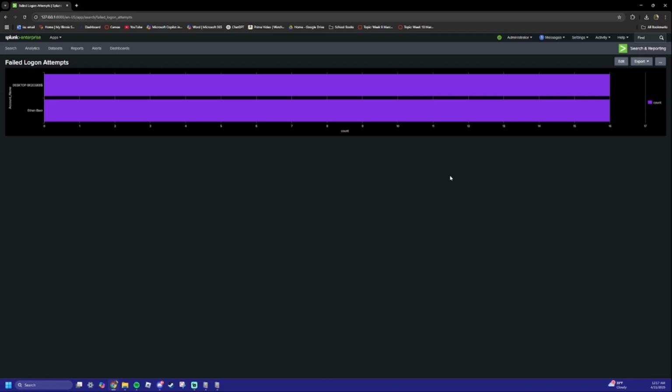It's a live dashboard panel that updates automatically as new data comes in. This is a very good tool for real-time visibility into login activity. So if I were to go and fail another login attempt, I would come back and this would say 17, not 16. So going back to search,